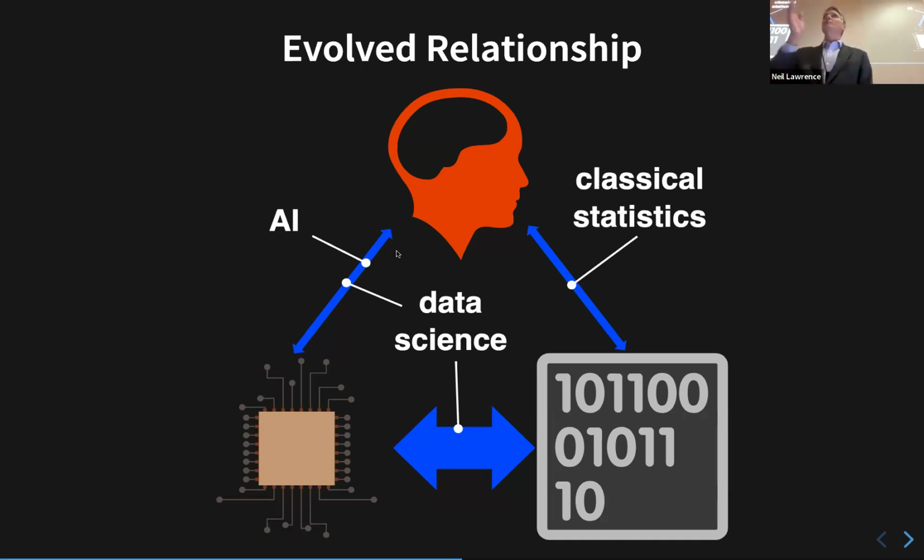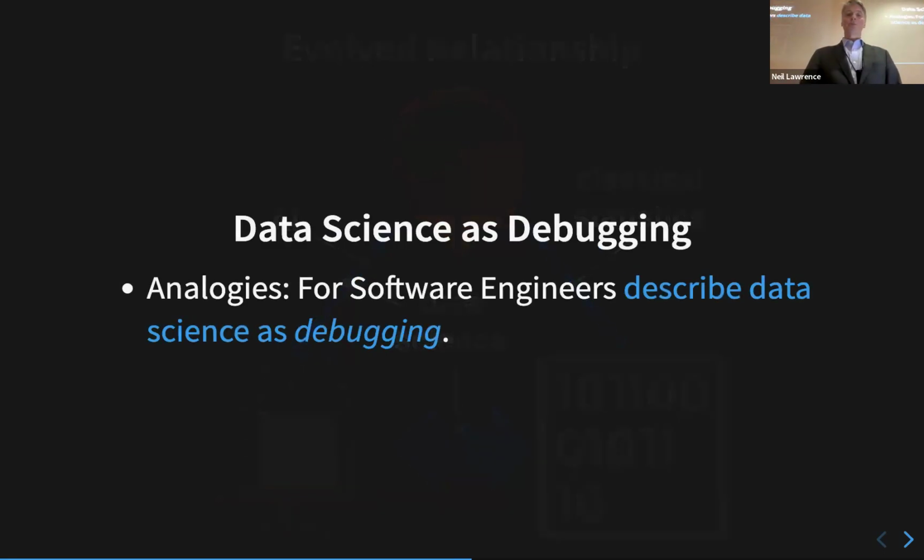So how do we approach this? Well, the first model I want you to think about is what I think of as data science as debugging. The first problem that computer scientists have with data science is that because it involves coding, they think of it like programming, and it's nothing to do with programming, right? What do I mean it's like debugging?